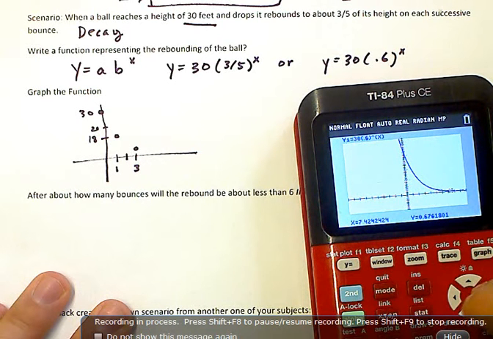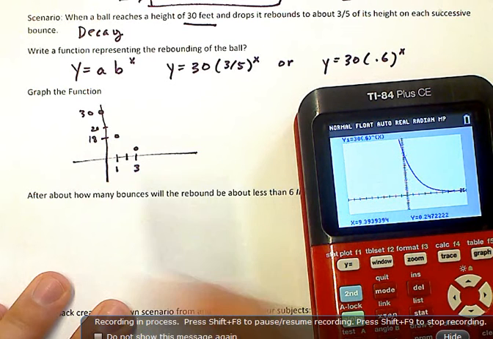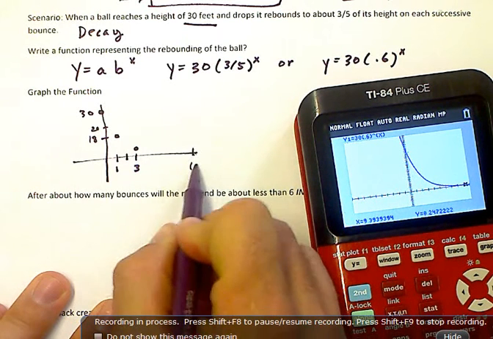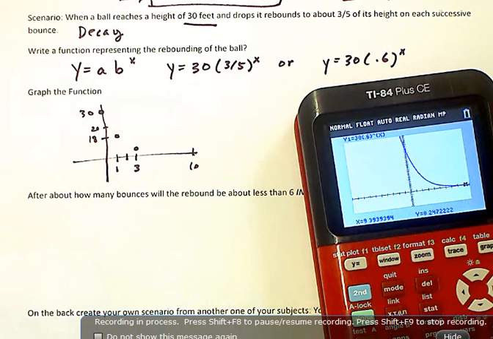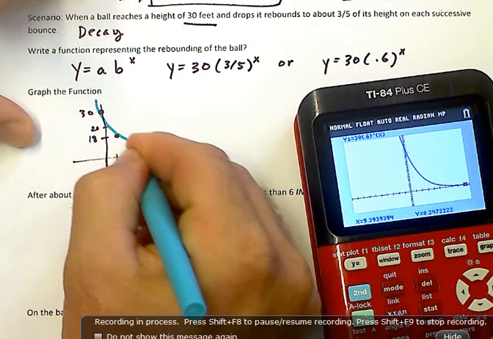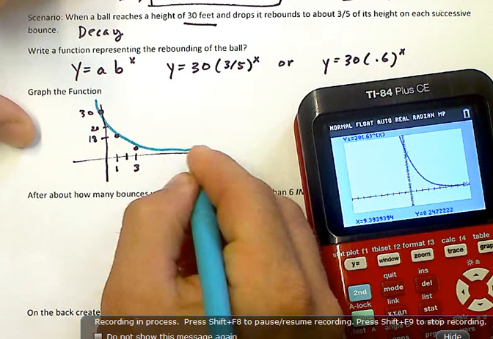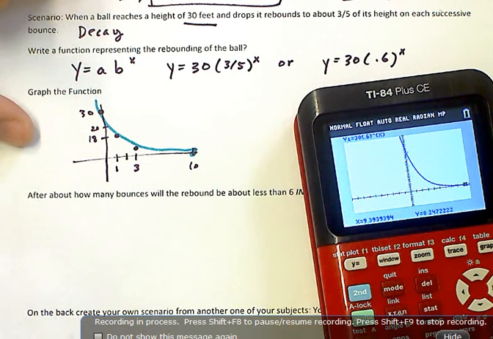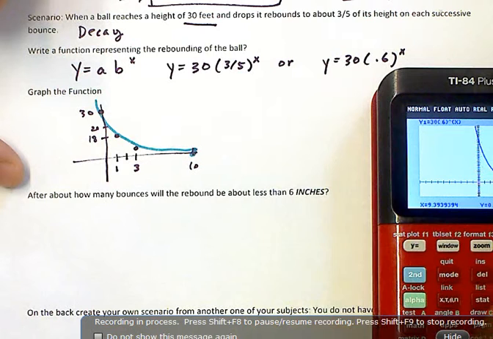So at about 7, let's see, does it go about 9? It's almost at 0 at 10. So let's say you go to 10, and then you sketch your graph, and you can see it's getting really close to 0 here, right? We're sketching our graph. Now some things we want to look at, and you've got to be careful because